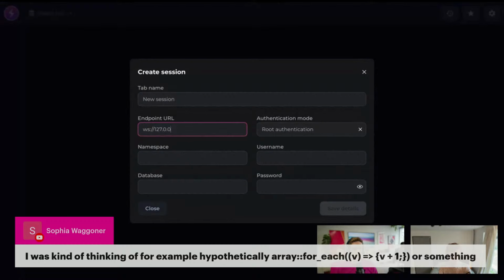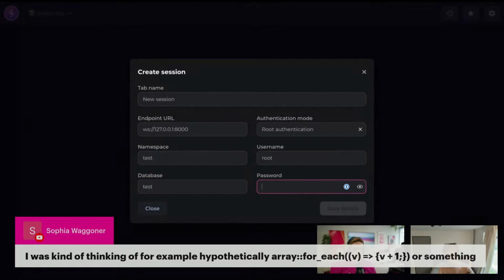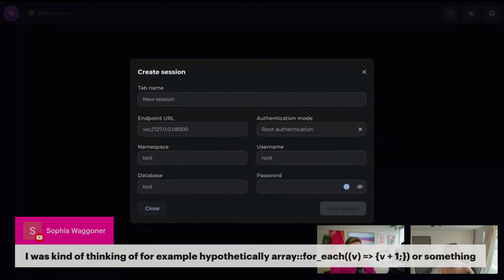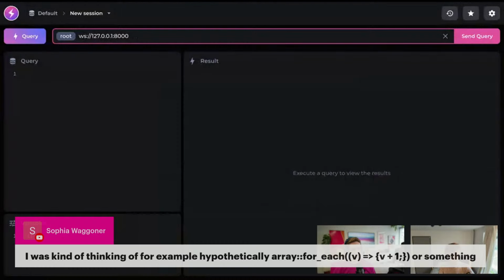So what Misha is going to show you here, once he's logged in, is some of the more fun and advanced functionality you can do with the JavaScript functions. But definitely with array for each and then v+1, it's not going to be very performant, because invoking a JavaScript context and a JavaScript runtime for every single array value is not going to be performant.